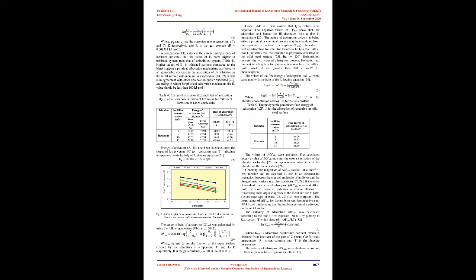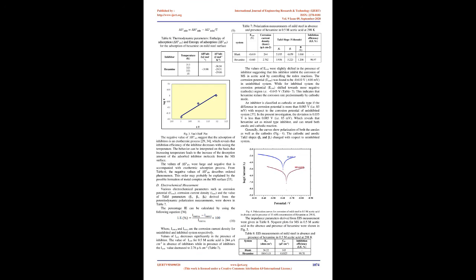Electrochemical measurements. To study the mechanism of inhibition action and efficiency of hexamine on MS in acetic acid solution, polarization study and electrochemical impedance spectroscopy, EIS, measurements were carried out without and with 15 mM of inhibitor concentration. The volume of 0.5 M acetic acid as corrosive medium was kept at 200 ml. The test specimen having an area of 1 square centimeter was immersed in the corrosive environment to act as working electrode. A platinum electrode was used as auxiliary electrode and a saturated calomel electrode, SCE, as reference electrode. All the experiments were carried out at a constant temperature of 298 K.